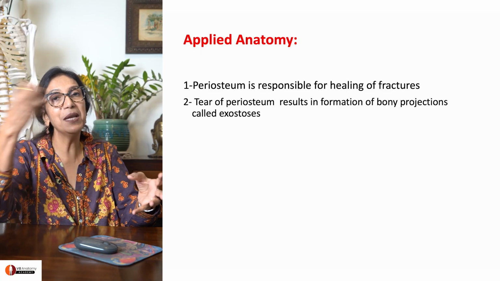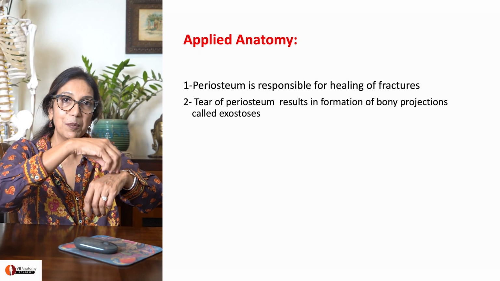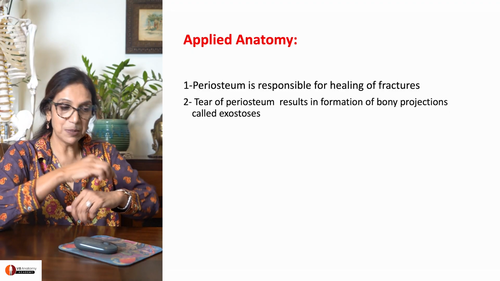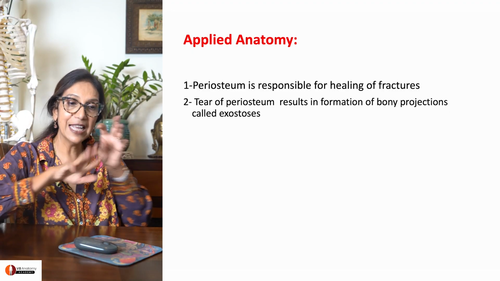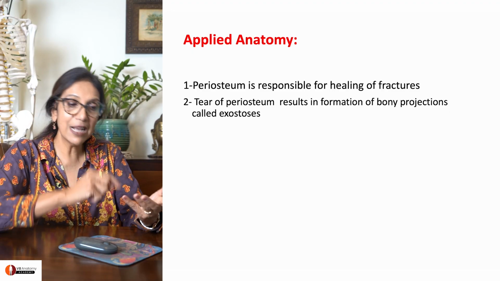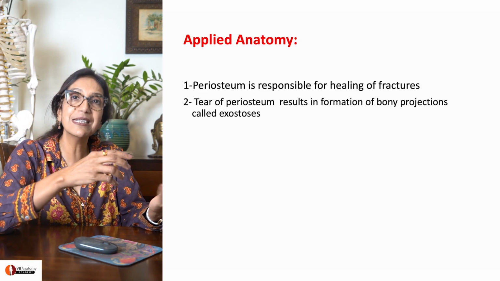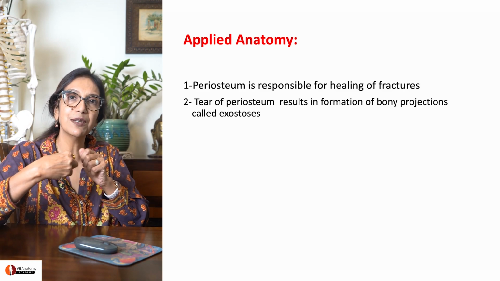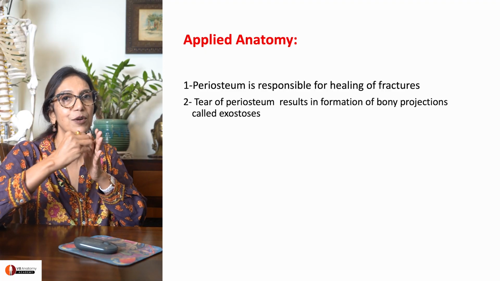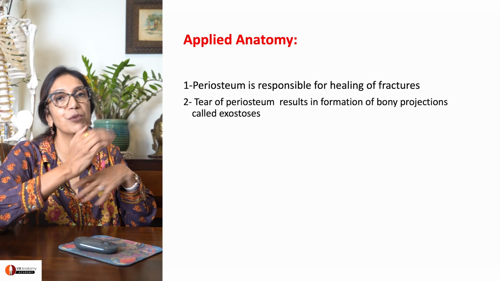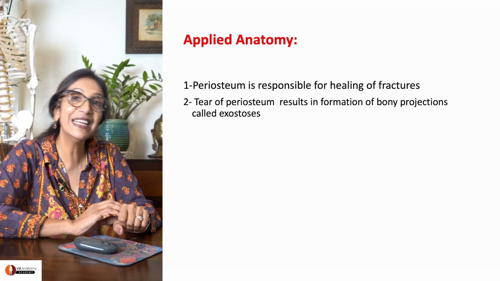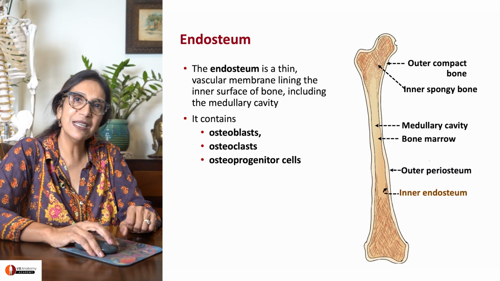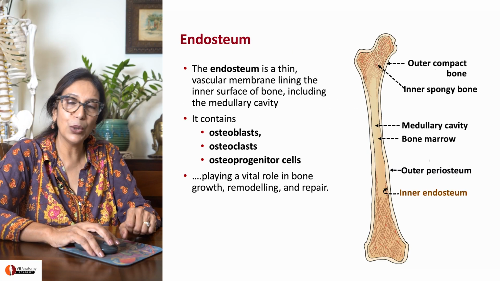If you tear a periosteum, if you just pick a periosteum off the bone, you will be surprised that the space that got created gets filled up with new bone. That's how your tubercles, your tuberosities are formed. As the muscle and the ligaments keep pulling, the periosteum lifts a little from the bone. Quickly, bone gets formed to fill the gap. Okay? Think about it. So now endosteum works in a very similar manner, so I'm not going to talk about it.